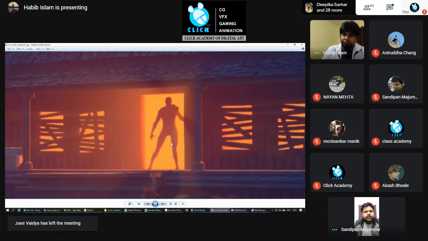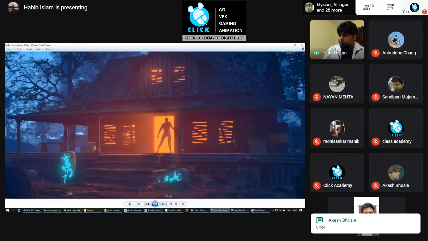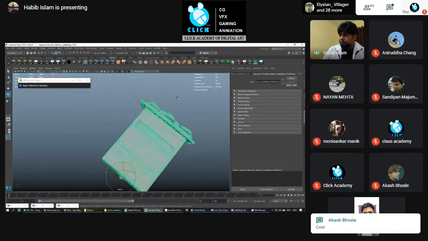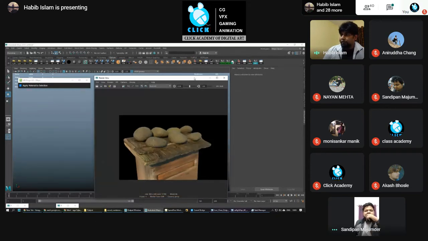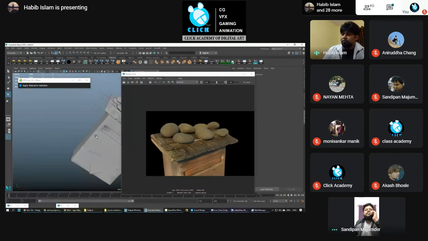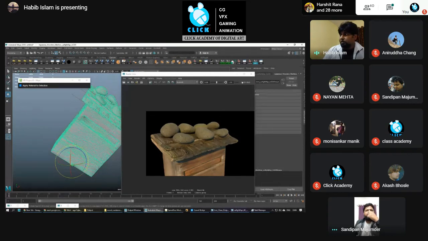Cool. Okay, so let's move on to the lighting part. This is how I added all the assets in Maya, added light and rendered. This is just a small thing, like one asset. Now I'll show you the full process.